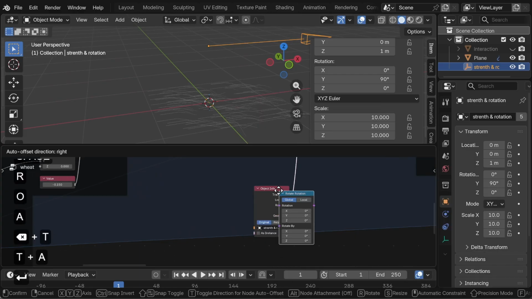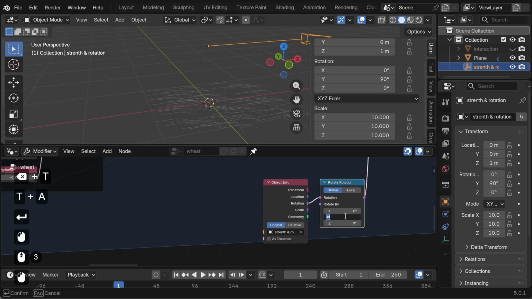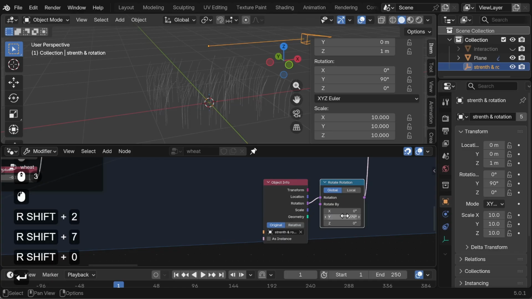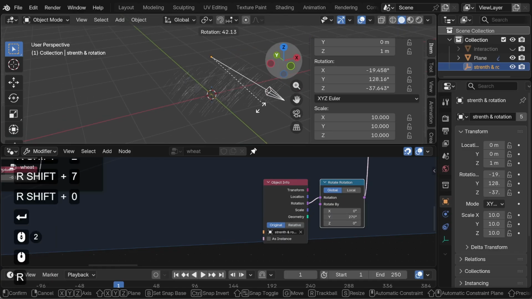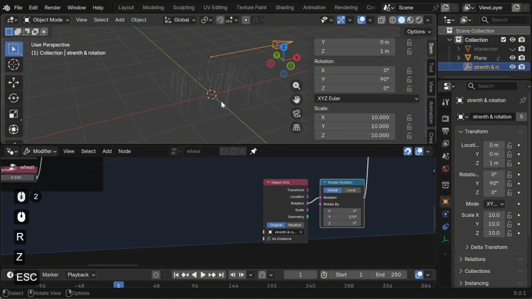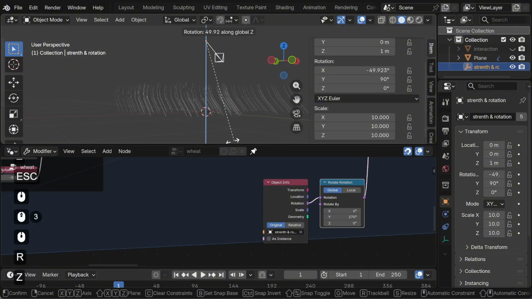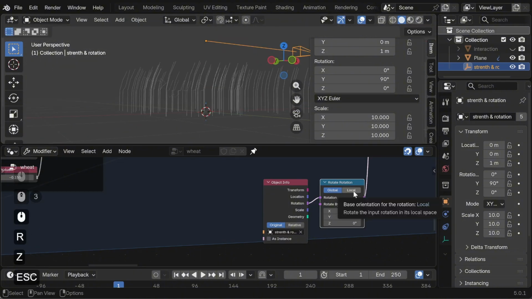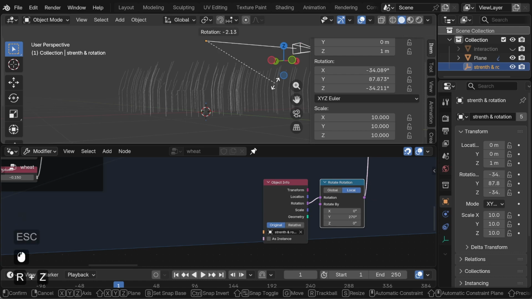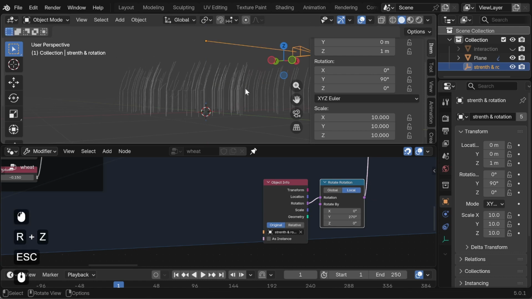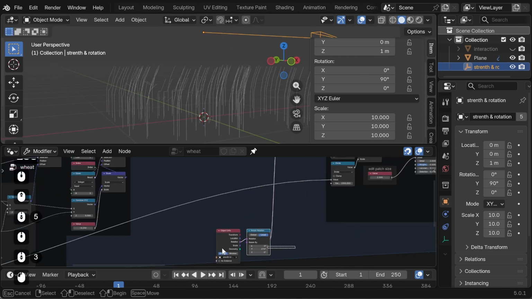rotation node, and use 270 degrees to rotate it. And as you can see, it still does not work as it should, because it lowers it. But when we plug it into the local, it starts working the way it should. And right now we can, so this is the rotation